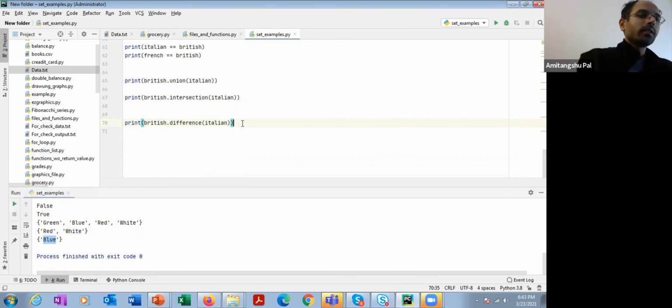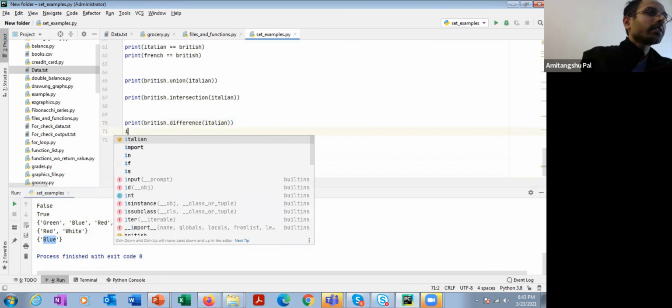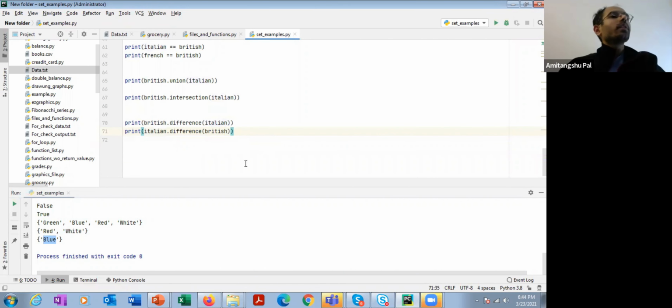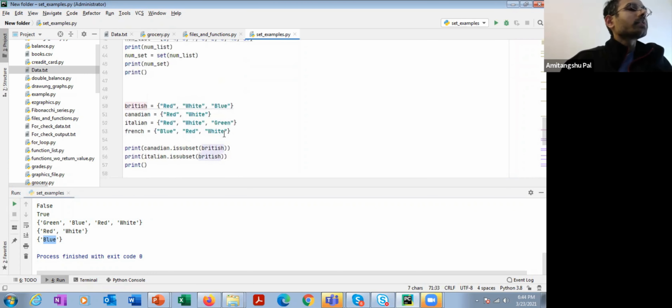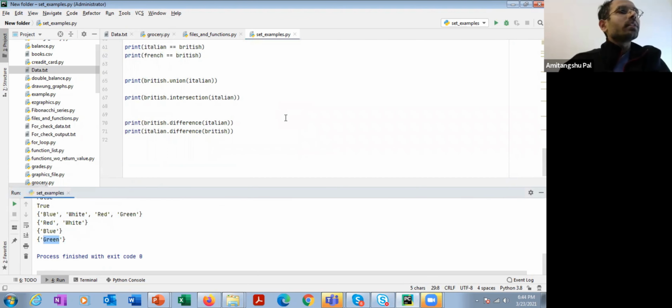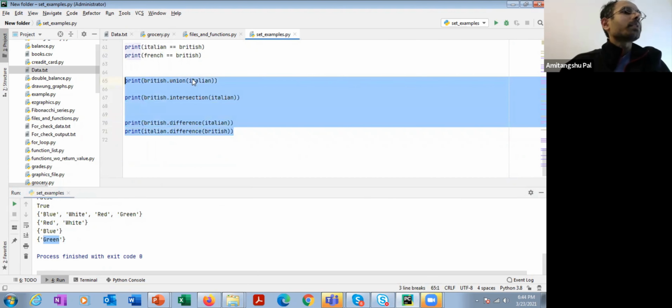And conversely, if I write Italian dot difference British, this is going to return the color that are in the Italian flag but not in the British flag. The color that is in the Italian flag and not in the British flag is green. So if I run it, it should return green. So these are the very important set operations: union, intersection, and set difference.